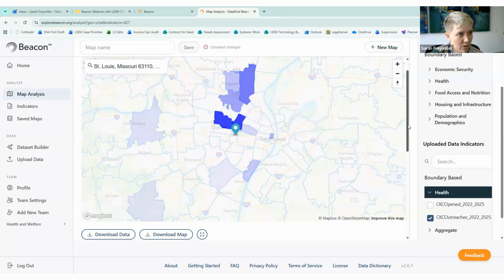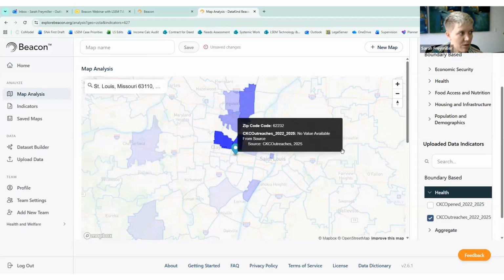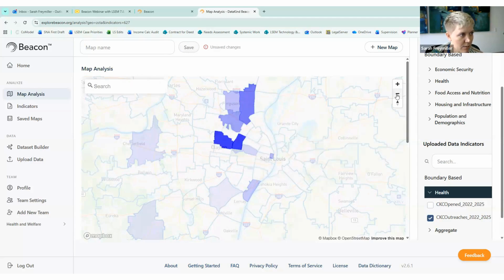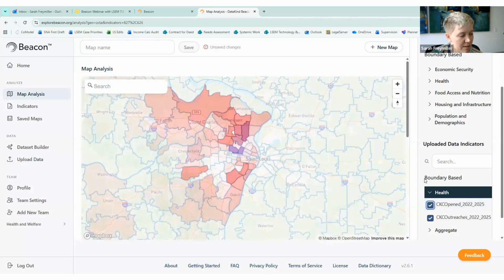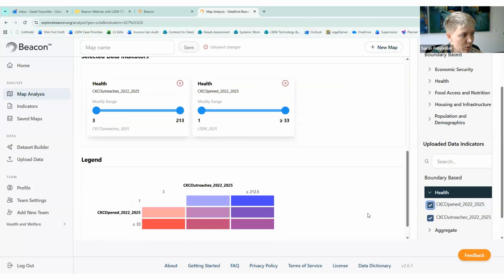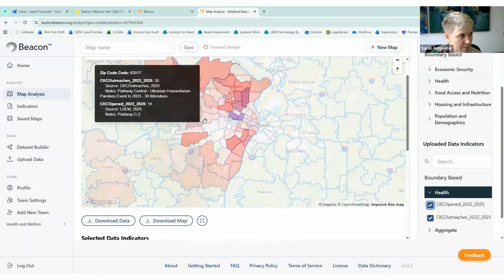And then if they also wanted to see, okay, how are our outreaches comparing to the number of cases we're taking? I'm just going to cancel that for visibility. I'm going to zoom out a bit. We can also overlay opened cases. And if we scroll down to look at the legend, you can see purple is where we have attendees from our outreaches as well as open cases. Red would be maybe where we're opening a lot of cases, but we don't have as many outreach attendees. And blue would be a lot of attendees, but not a lot of cases.